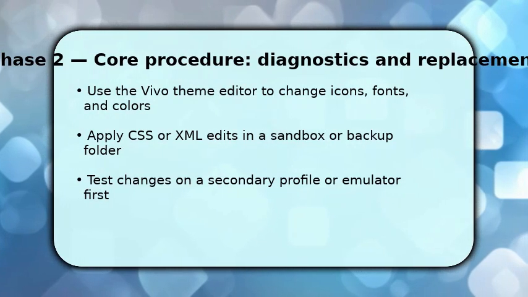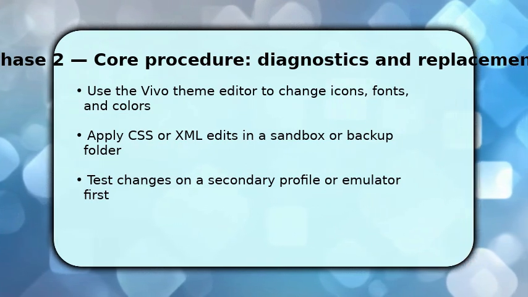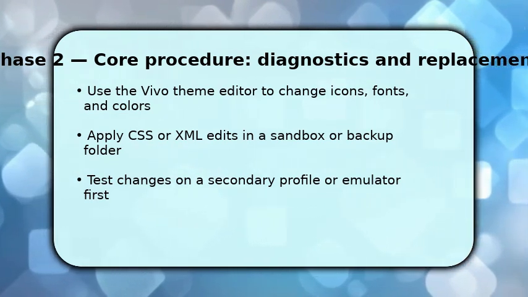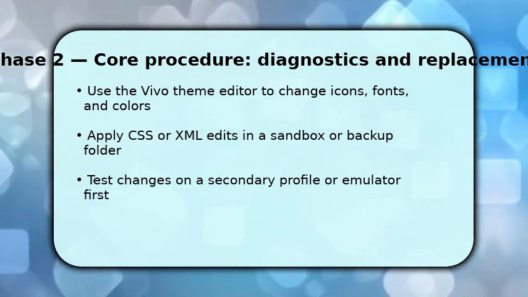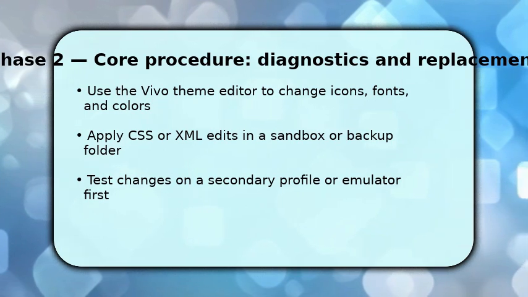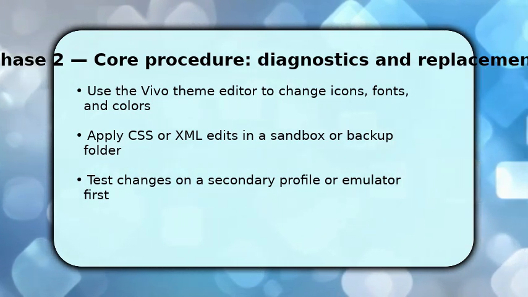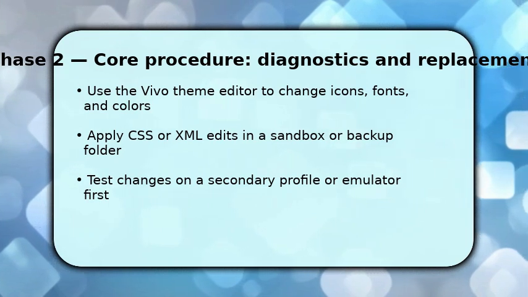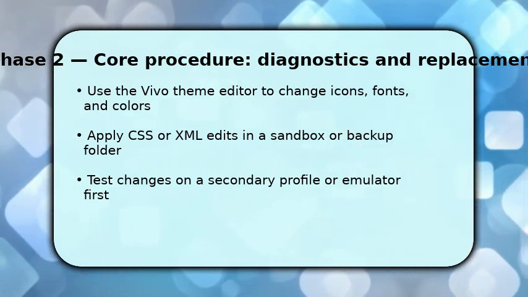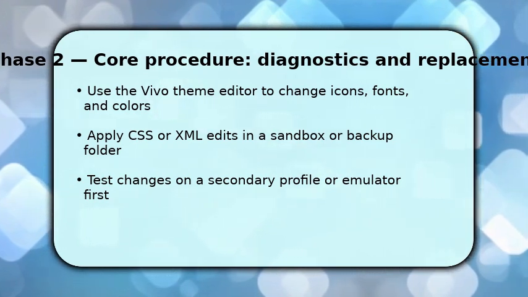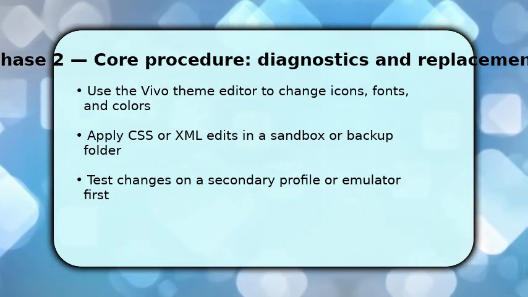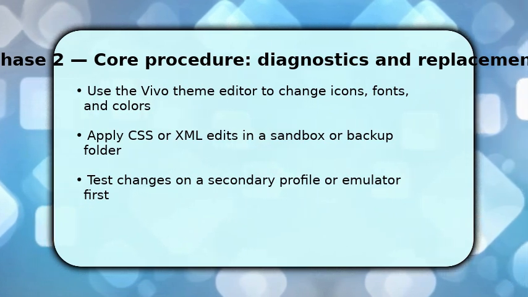Next, use the Vivo theme editor and built-in customization tools to achieve the look you want. Icons, fonts, wallpapers, and color accents are usually editable. If you must modify files, work in a sandbox or separate folder and edit only user-style XML or CSS resources. Avoid altering DRM-protected binaries. Once done, test your modified theme on a secondary profile or emulator so you can iterate